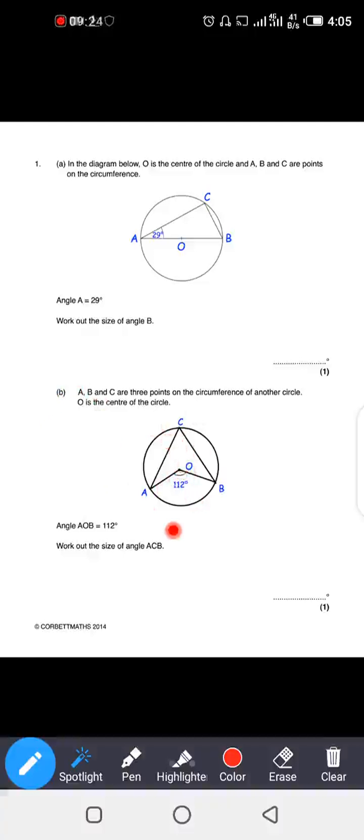After Spotlight, I have pen there. The pen helps you to write. So let me click on pen. Click on pen. The pen will help me to write on the screen. So I want to solve question number 1. So question number 1, solution to question number 1 is that angle at B